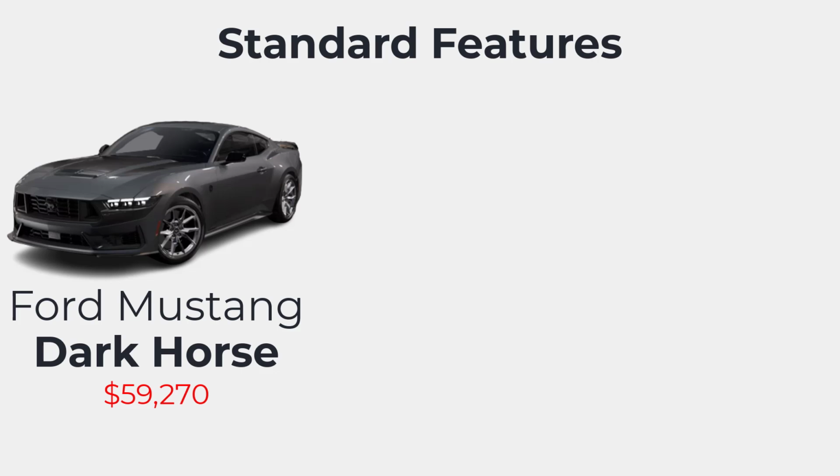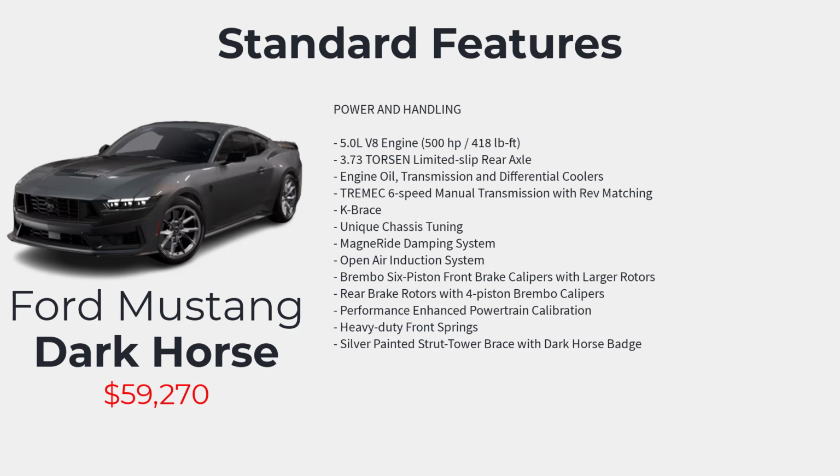Additional features include a more powerful 5-liter V8 engine, 373 Torsen limited slip rear axle, engine oil, transmission, and differential coolers, TREMEC 6-speed manual transmission with Rev-Matching, K-brace, unique chassis tuning, Magna-Ride damping system, open air induction system, Brembo 6-piston front brake calipers with larger rotors, rear brake rotors with 4-piston Brembo calipers, performance-enhanced powertrain calibration, heavy-duty front springs, silver-painted strut tower brace with Dark Horse